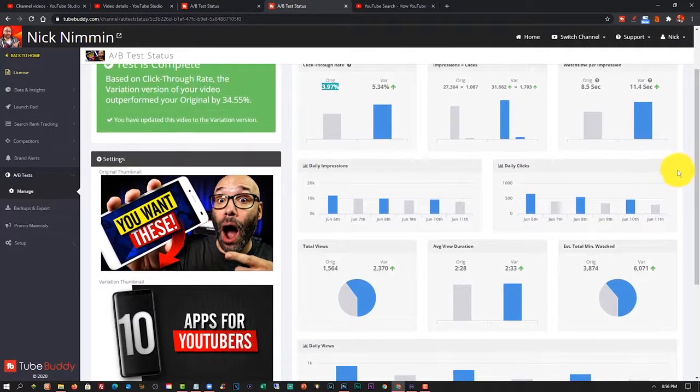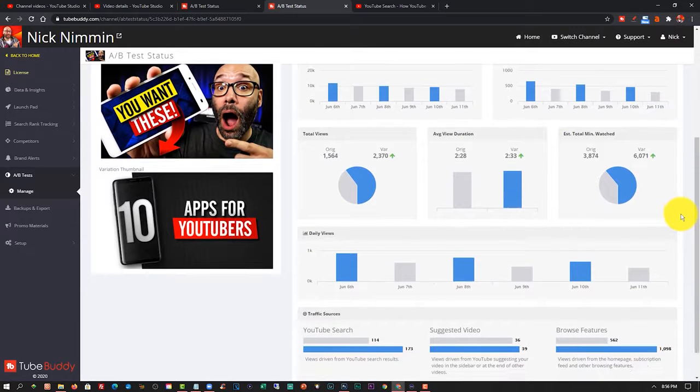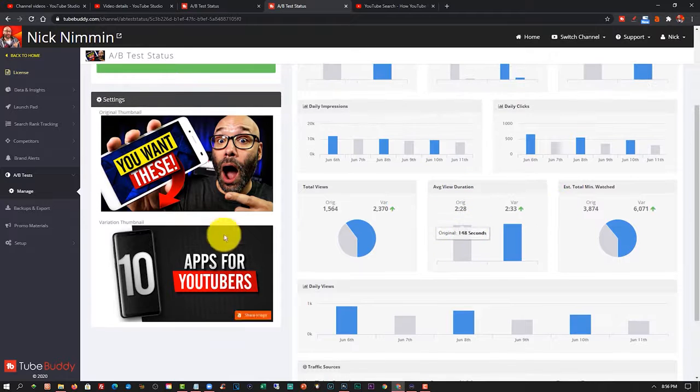Now, a really cool thing, which is just a side note, is you can actually see here the clicks and how much they stand out against each other as well. But if we keep scrolling down, more importantly, another thing I want to show you here is when it